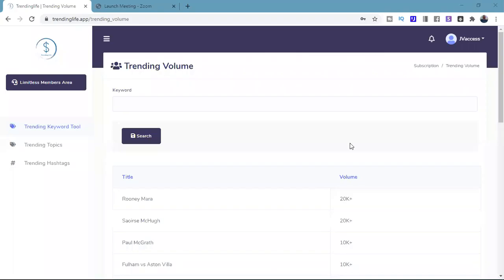Hi, everyone, and welcome to the dashboard of the Trending Life software. What I'm going to do now is just show you how it works and how to use it with Limitless. So this is what you will see when you log in, and you can see you've got three different